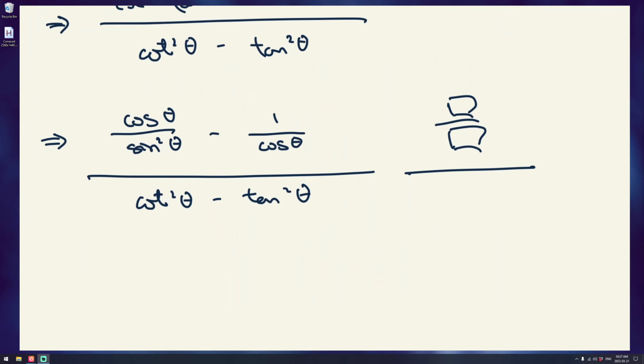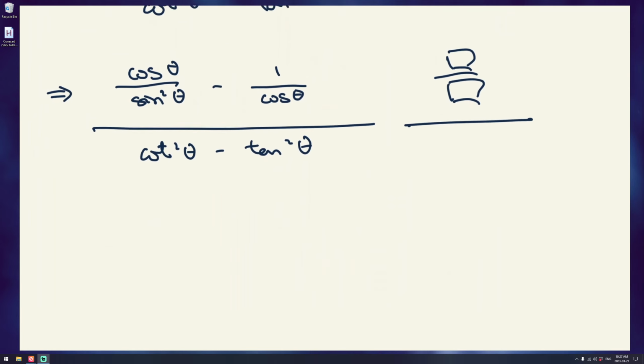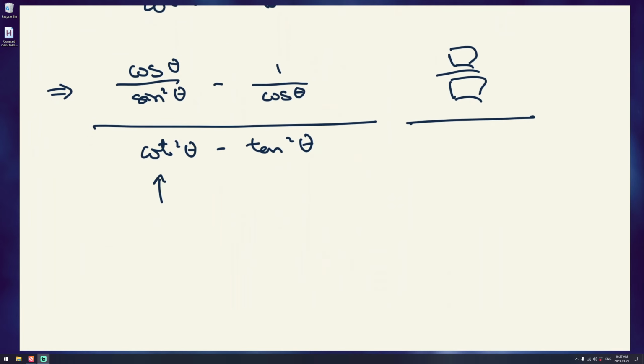Because what you can think about is you can trade out either the tan squared or the cotan squared for something, right? So I would say secant is an easier function than tan, or you can think about cosecant is an easier function than cotan, right? Because secant is just 1 over cos, and cosecant is 1 over sine, right? You can trade that out, and then you can eventually make a common denominator, okay? If I were you, and I actually did this, I would trade out both. So let me just